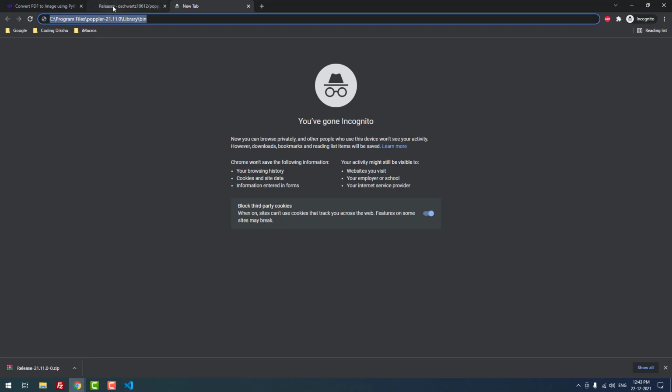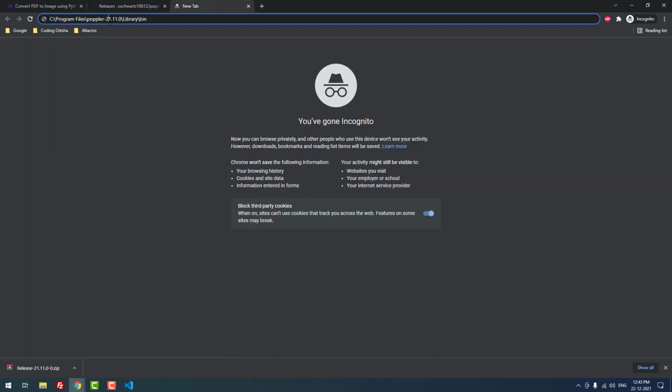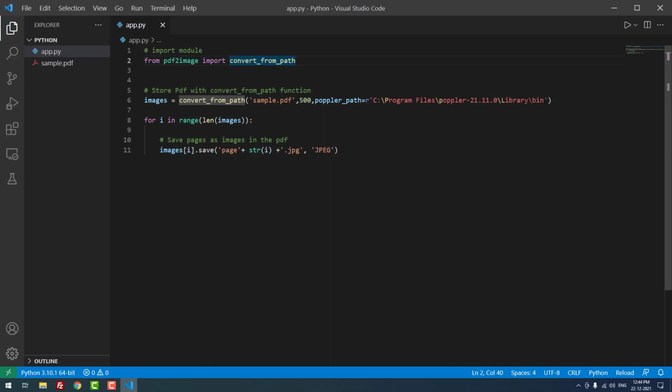So while now it is showing 21.11.0, the path here is 21.11.0. If in future a newer version is released, you don't need to use this one, you need to use the newer version. So make sure the path you have mentioned is correct. I am going to replace the path here. Yes, I replaced it. That's it.